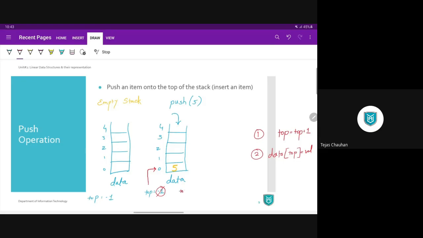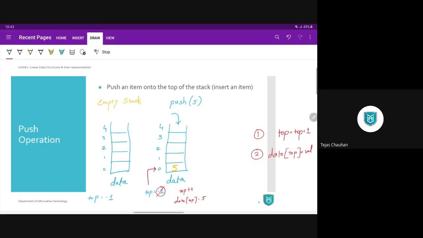The first process is top++, and then the next process is data of top equals 5. So we have taken two steps. First, we increase our top, and then we store the given value at that top index.